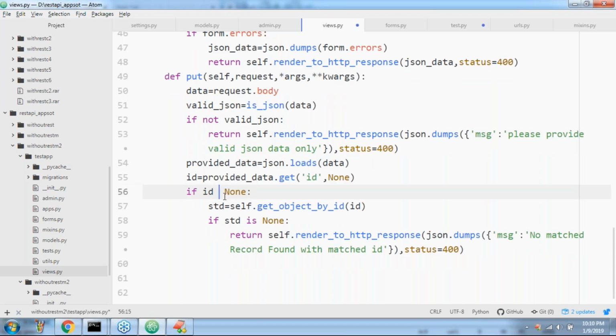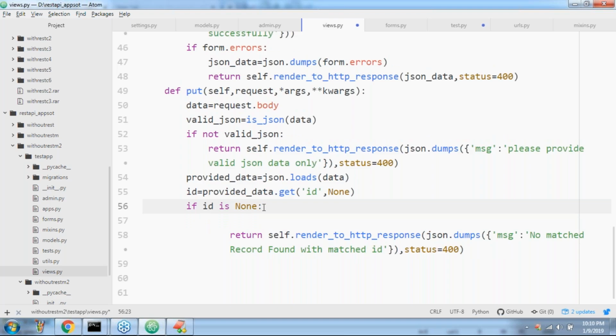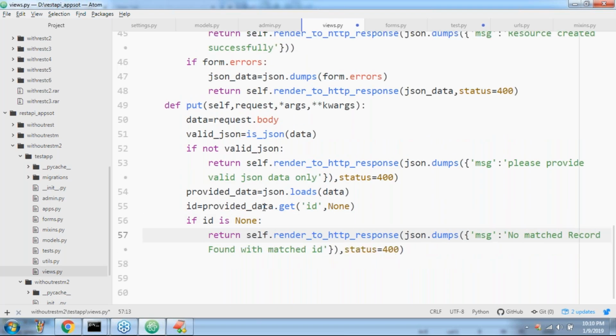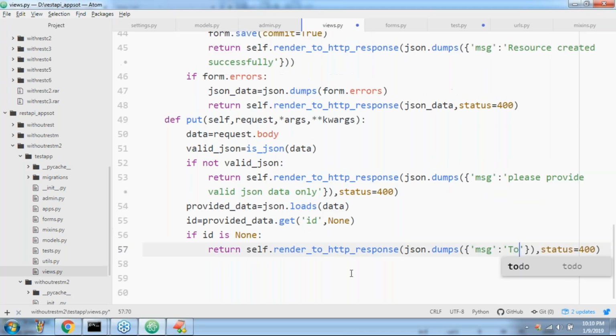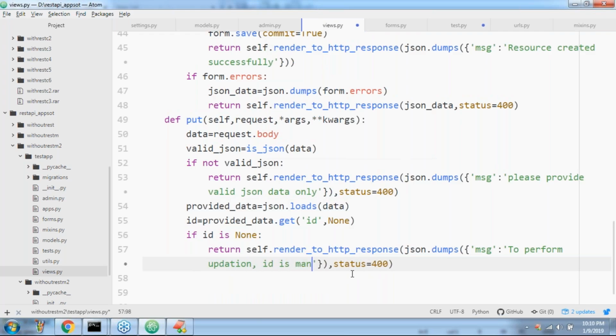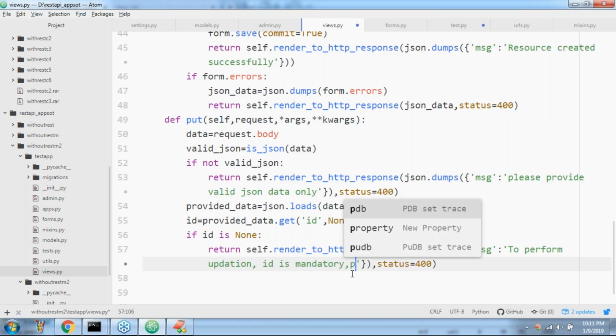If ID is None, here I want to provide json.dumps: to perform updation, ID must be mandatory. To perform updation, ID is mandatory. Please provide.